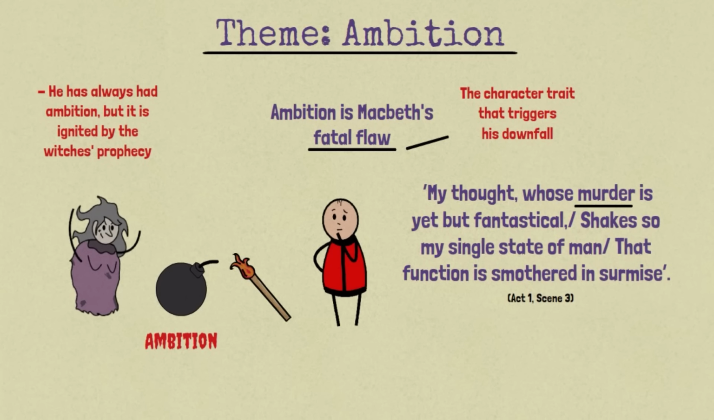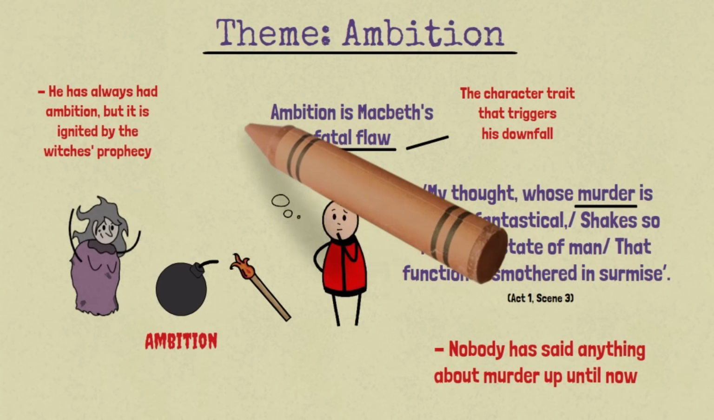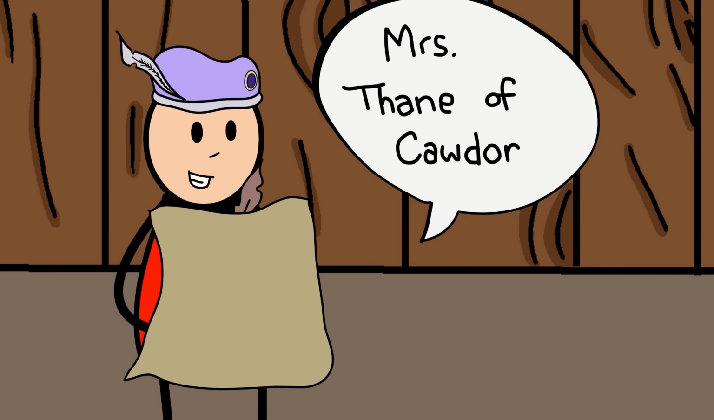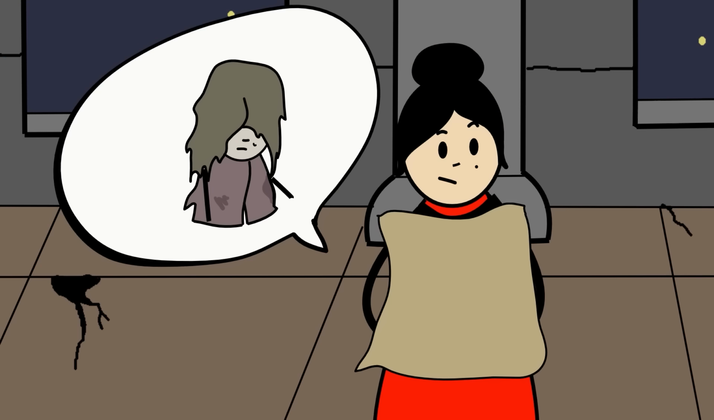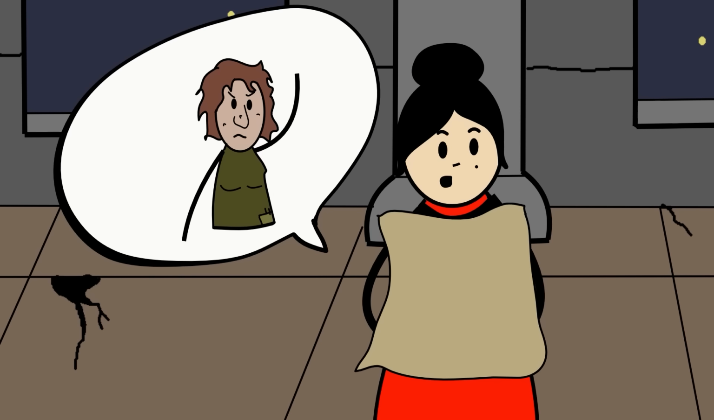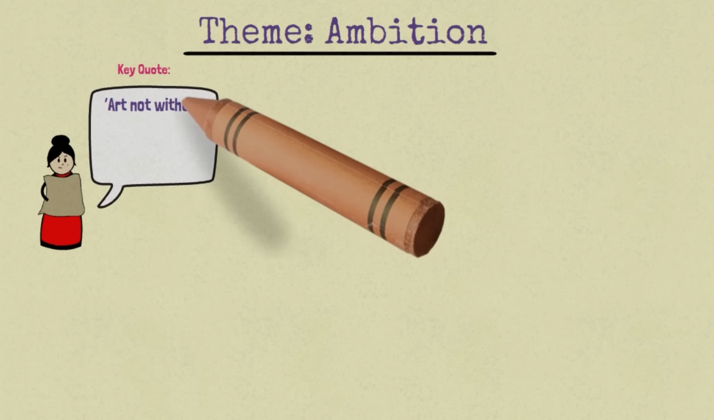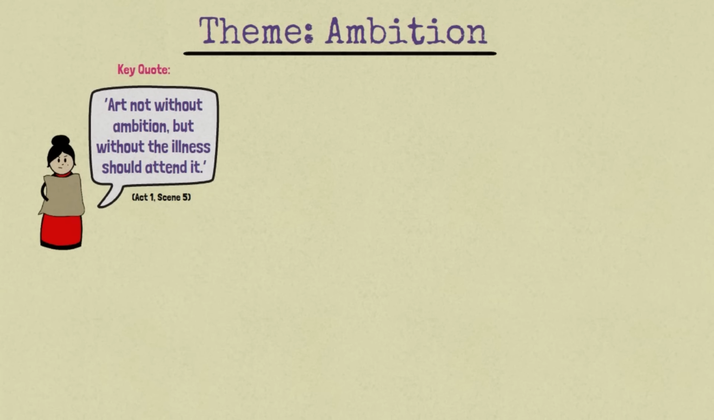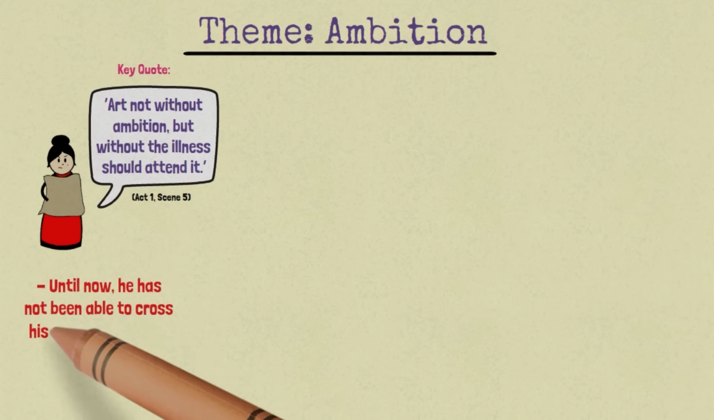Almost immediately, he jumps to murder, even though the witches have not said anything about it, so he has clearly thought about it before. When he writes to his wife about his encounter, she is quick to latch onto it, revealing her own ambitions for power. She says about him, "Art not without ambition, but without the illness should attend it." She knows he has always desired this, but until now he has not been able to cross his moral boundaries